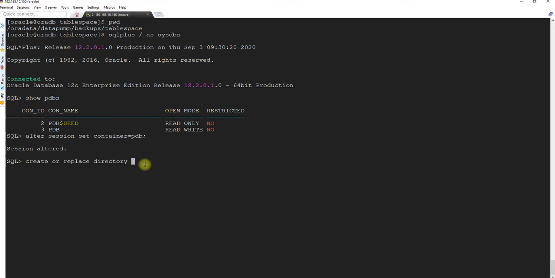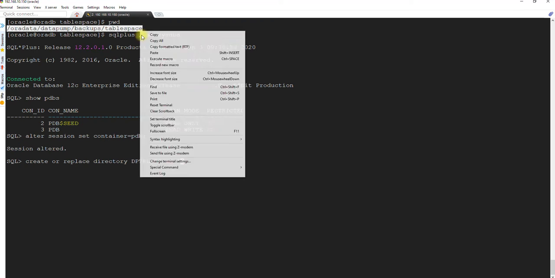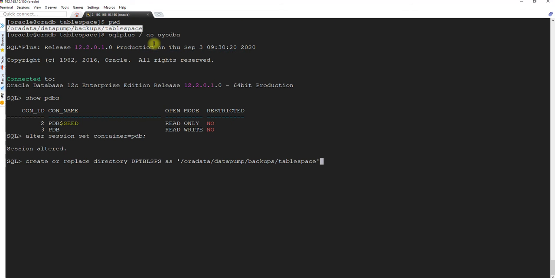Create or replace directory, and the directory name will be, I will say, data pump tblsps, tablespace, as, and then map it. I hope I am making myself clear about all these things. This is done. So our initial steps are completed.